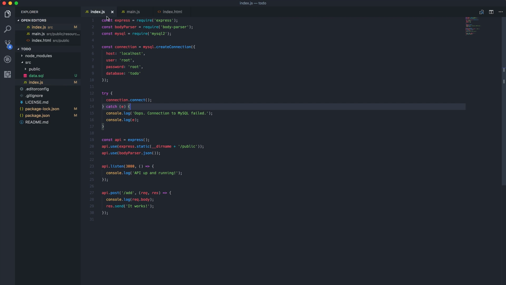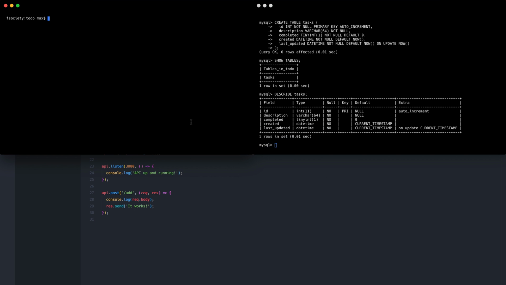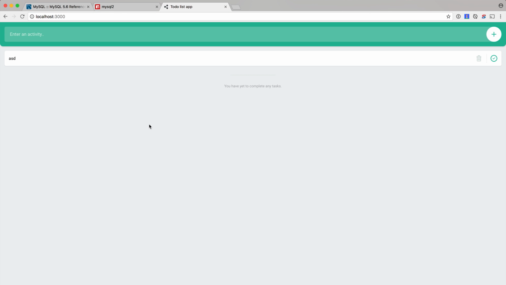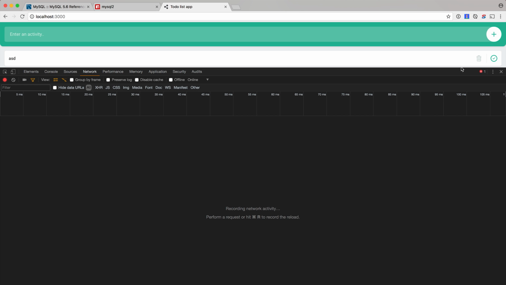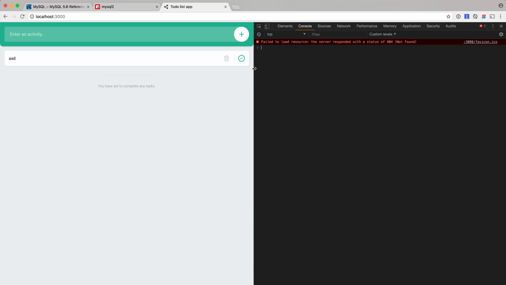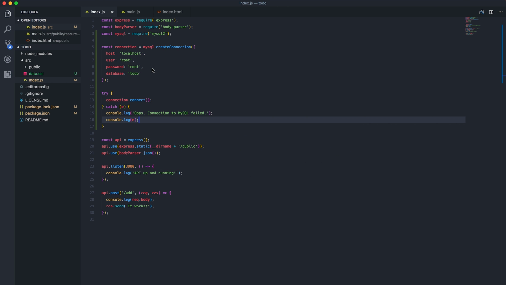All right, so we have the connection, and if we now run our API, no errors, seems to be working. Localhost 3000, it's working. That's pretty cool. We have an error apparently, file icon. Haven't seen that before. All right, great. So now that we're connected to MySQL,